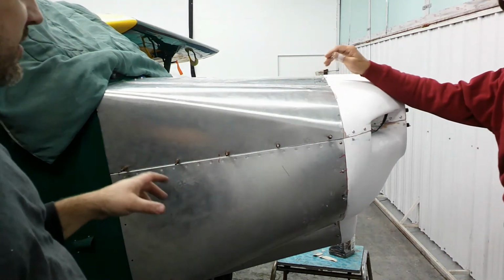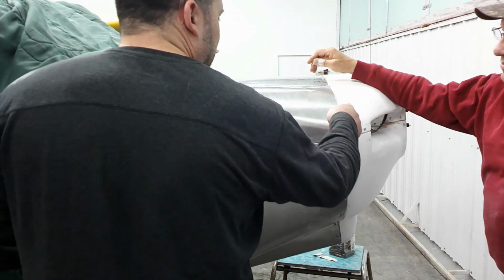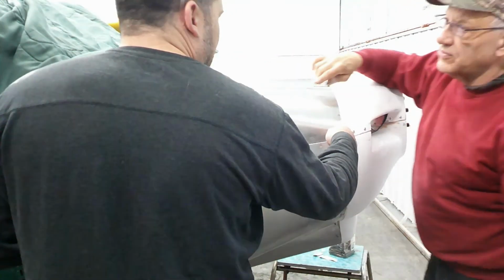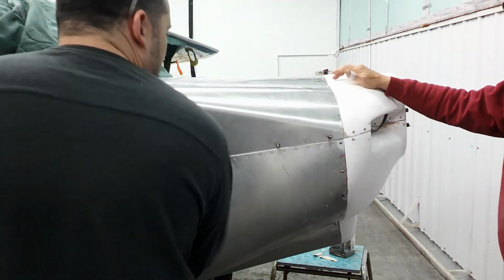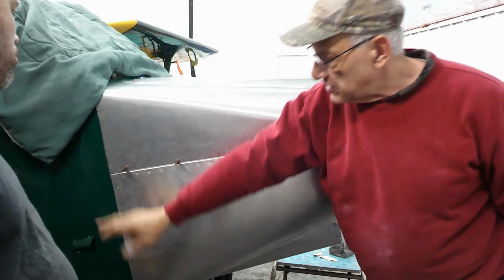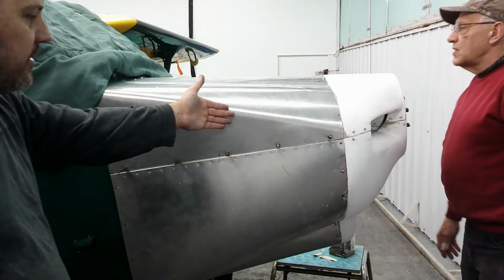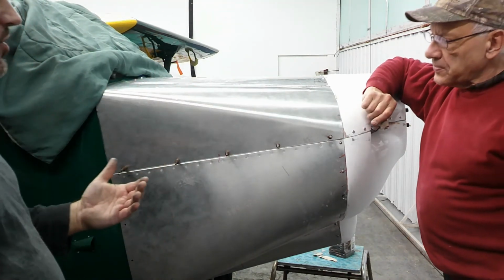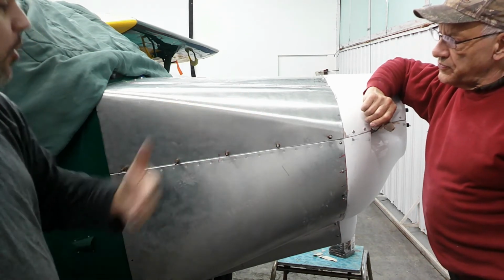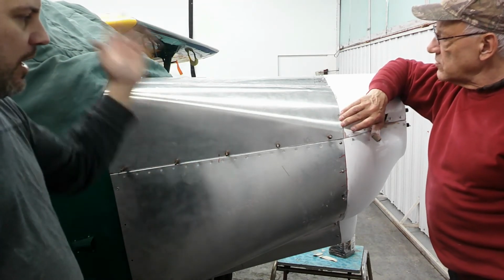On mine I have a screw here, and here, you've got the triangle, and I can pull the pins and the whole side will rotate open. Yeah, because he's got hinges, a tail hinge here, all the way down. So I can rotate mine to do something a little more elaborate. If I want to pull a plug to look at the plug or something, I can pull the whole side of mine open, but it still takes me maybe 5 minutes to get those hinge pins out, whereas this